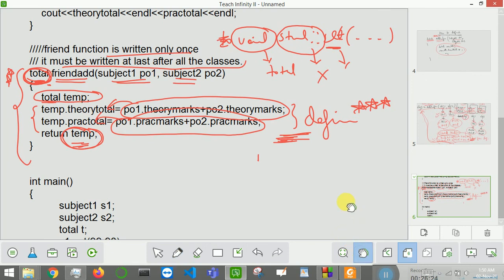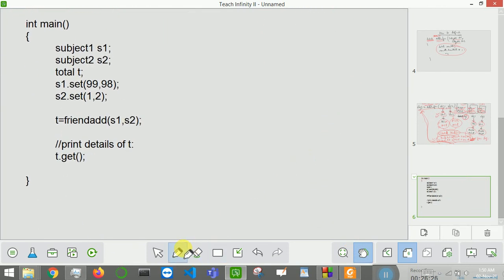Okay, next comes your main function. You will have to create one object of each class, then you will create s1. This is an object of class subject 1, s2 is an object of class subject 2, and t is an object of class subject 3. Then you will assign values to these objects. So now let me write here.